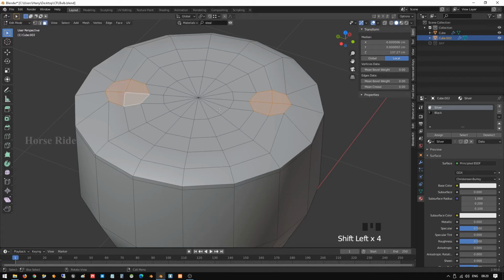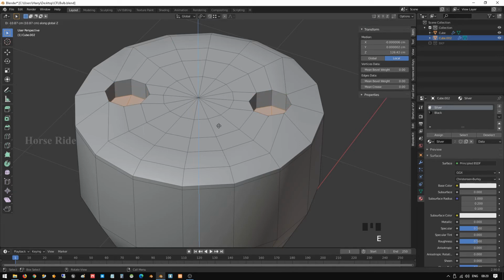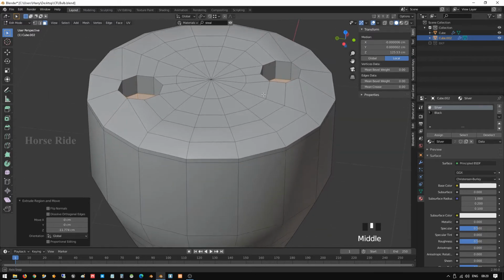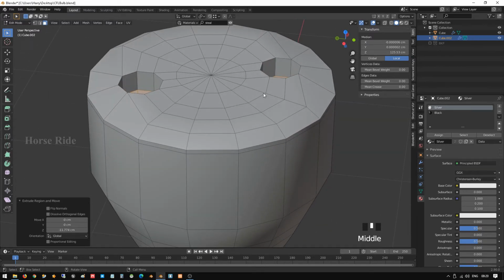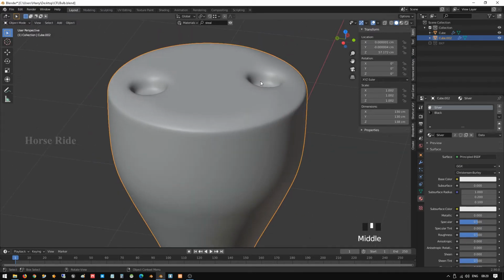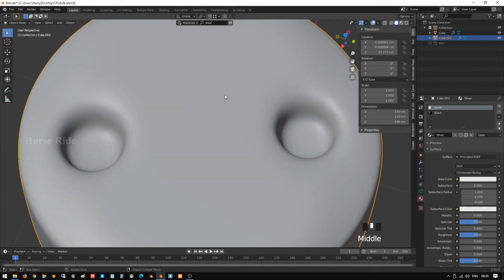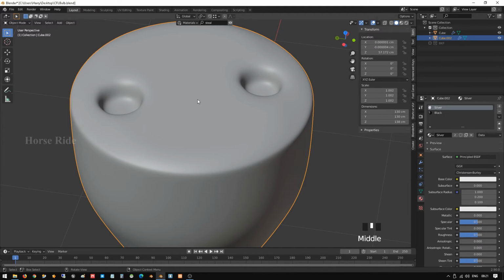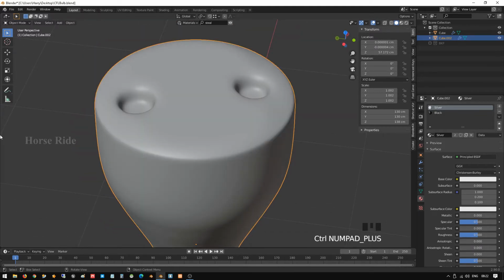And select these vertices. E to extrude, Z. And go to object view. Okay. Here we have created one small loop hole.